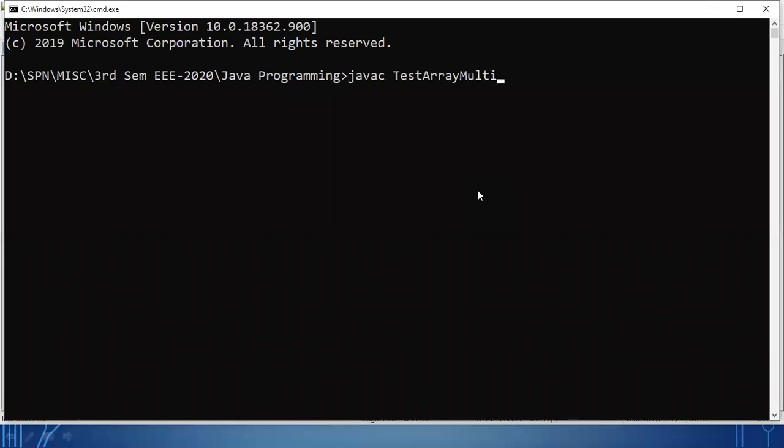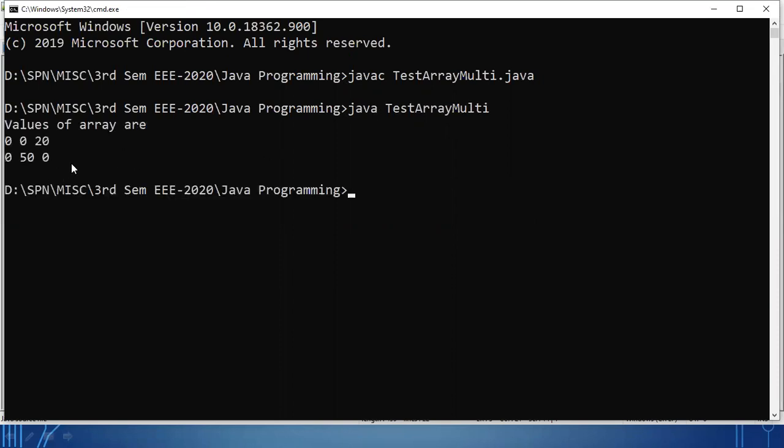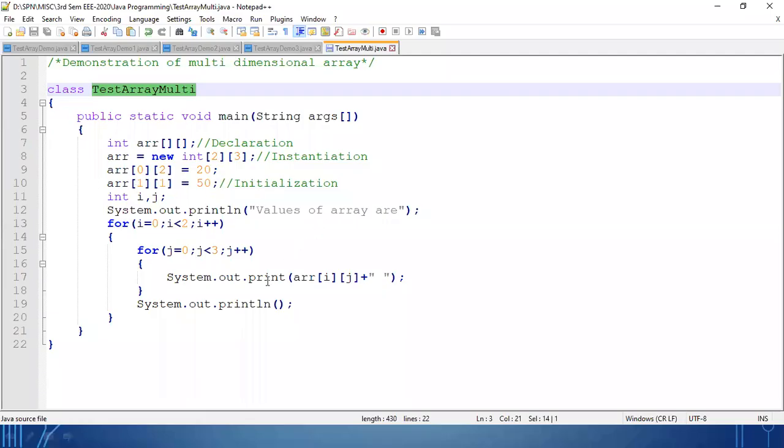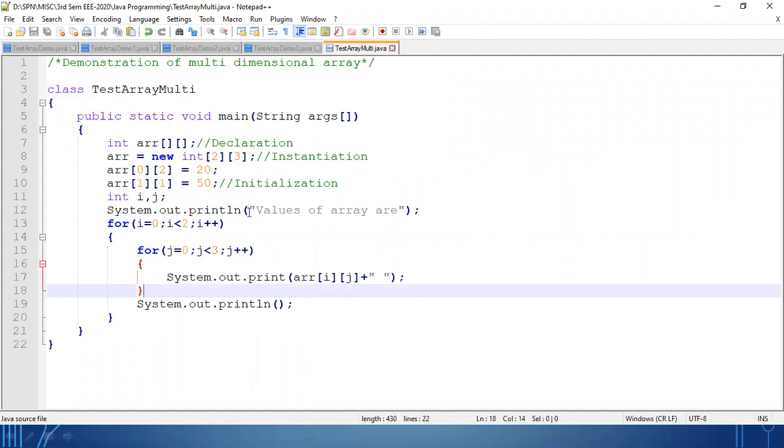Javac, compilation done. See, 2 cross 3, whatever values you have provided are being printed. For the others, you can see the default value it has taken. Clear? Okay, so this is the basic example of a multidimensional array.